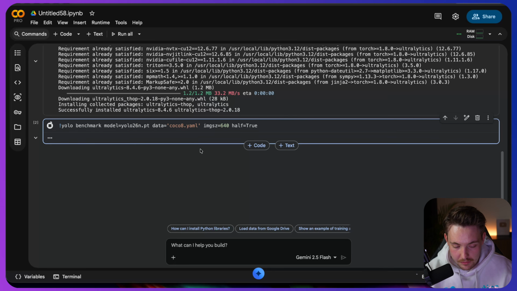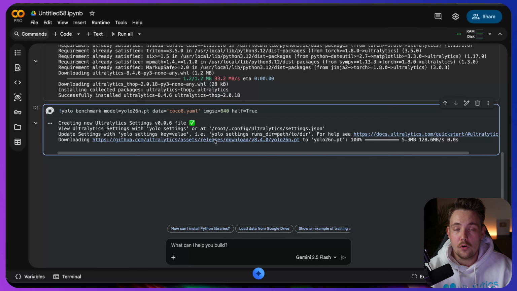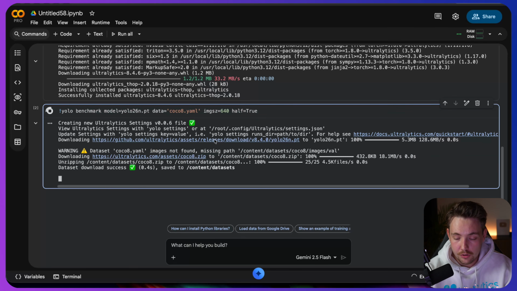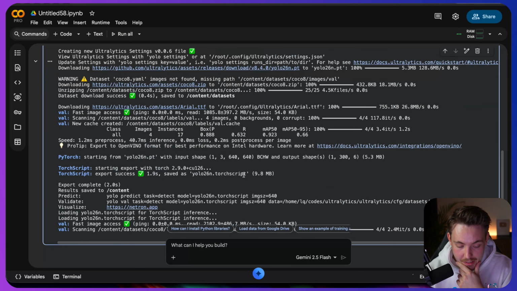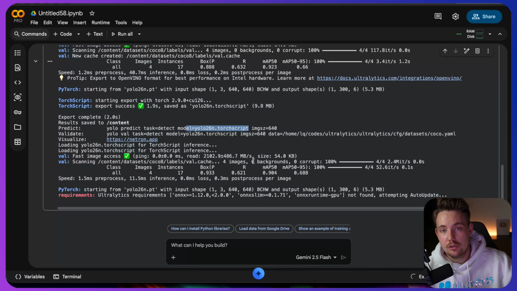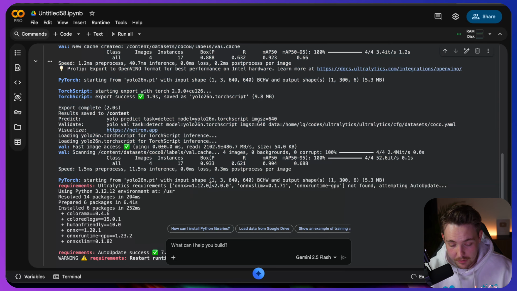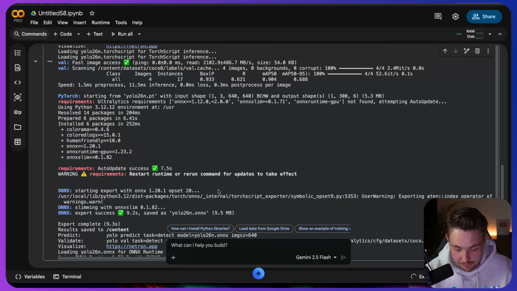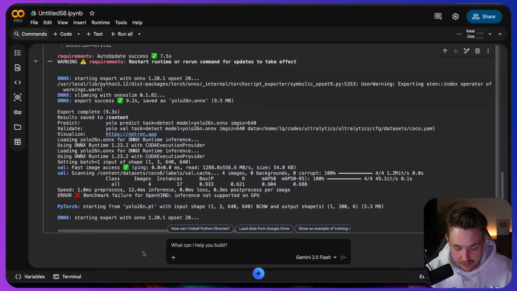There we go, let's run it, let's see, it's going to set up everything. If some dependencies are not installed, it will install them automatically, and it's just going to set up the frameworks and do the export formats for the hardware that is available on your computer. So this is here on Google Colab. I'm not sure what CPU they're using, but we are connected to an NVIDIA GPU. So first of all, it's going to convert it to TorchScript. So it's going to run PyTorch, TorchScript, ONNX, TensorRT, and all of that. So we can see some Ultralytics requirements. We need to install that for ONNX. So we're just going to let it run here for a bit of time,